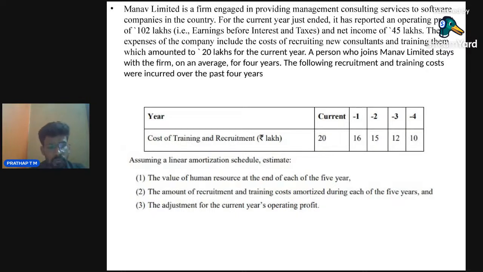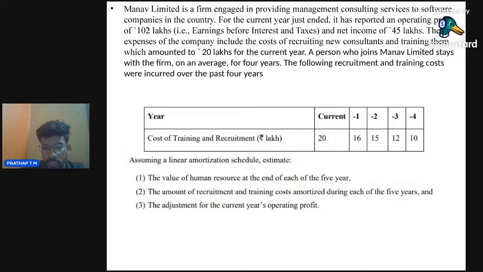Then what you have to do? Now you have to add. So the current year, what is your total value? That is 13 lakh 25,000. 13 lakh 25,000 is a human resource value of your company. So human resource value is 13 lakh 25,000. So if you add this,